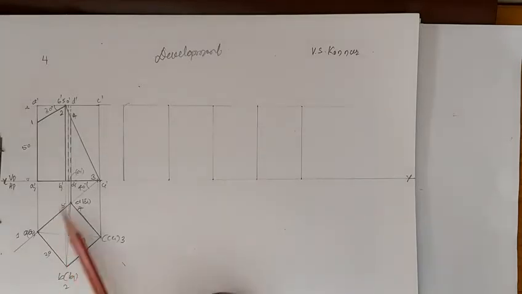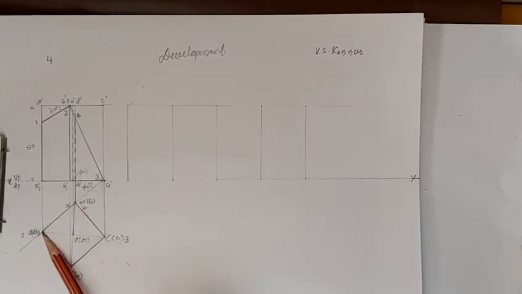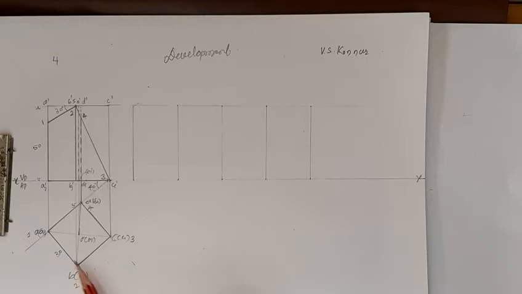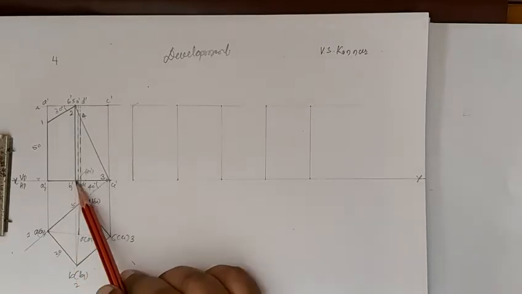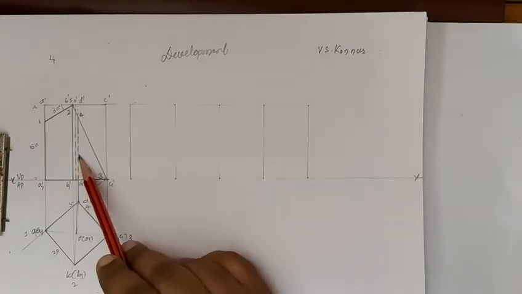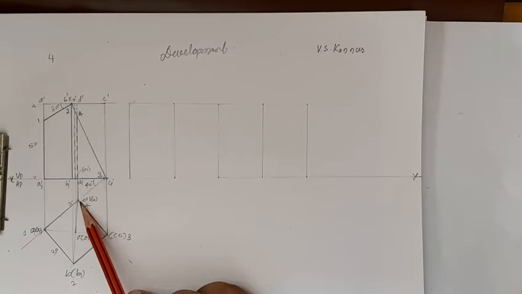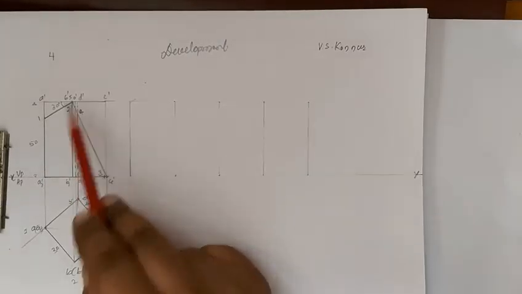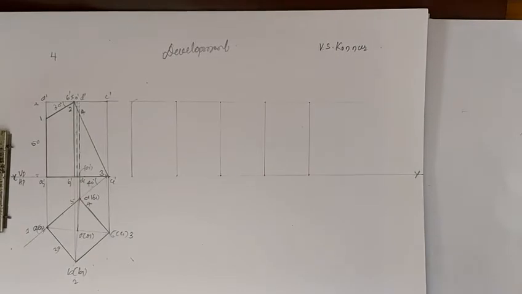One of its edges is inclined 40 degrees, and you have to take 90 degrees from these 2 points, cut it by 30, you will get this and this point, and then join the corners, you will get O1. BB1 is outside, so it is dark. DD1 is dash because it is inside and cannot be visible, because of that it is dash. And this small line in between is the axis line with a height of 50.